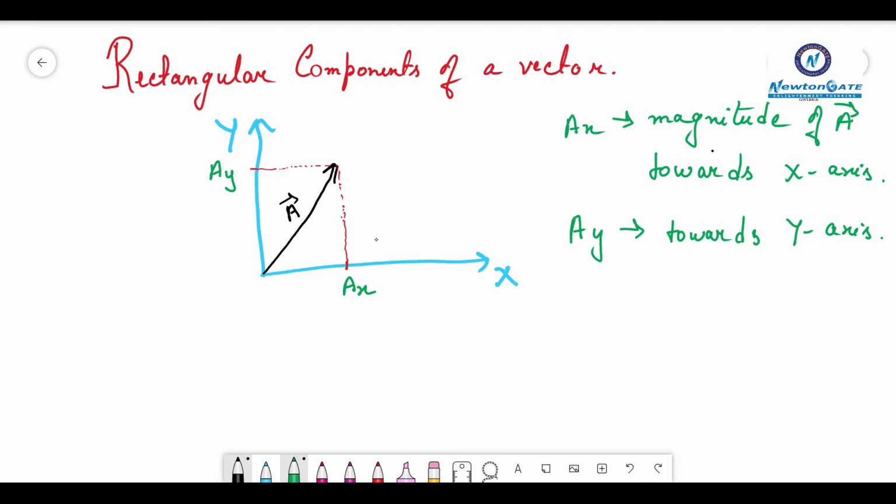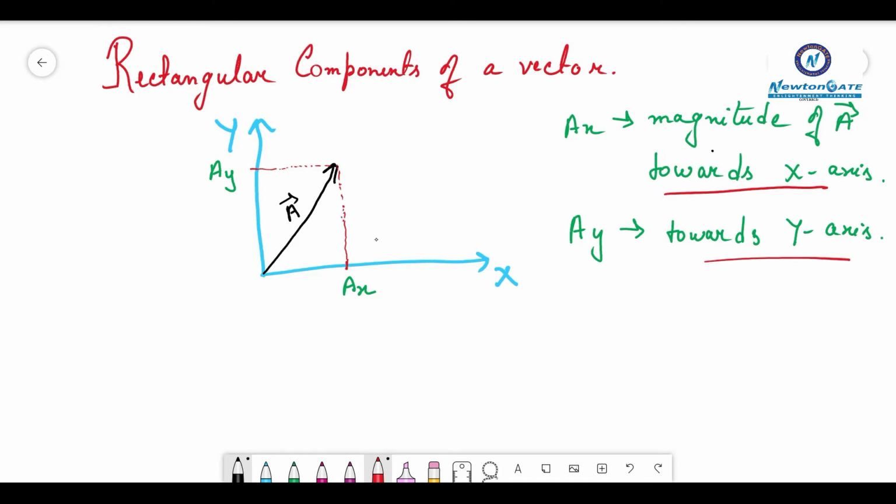So now we have the magnitude value. What else do we need? We need the direction. Now how do we write this? Previously we saw that when I resolve a vector, I just have to add the vectors I am splitting it into, each with a magnitude and a direction. But here we only have the magnitude value. When I say towards the x-axis, this gives me the direction, and this is also a direction.